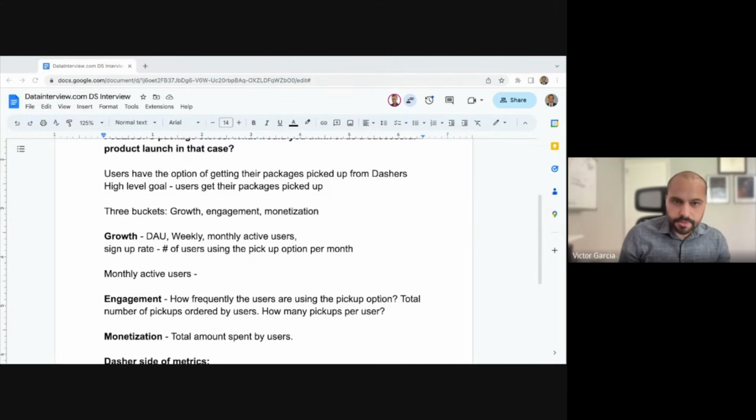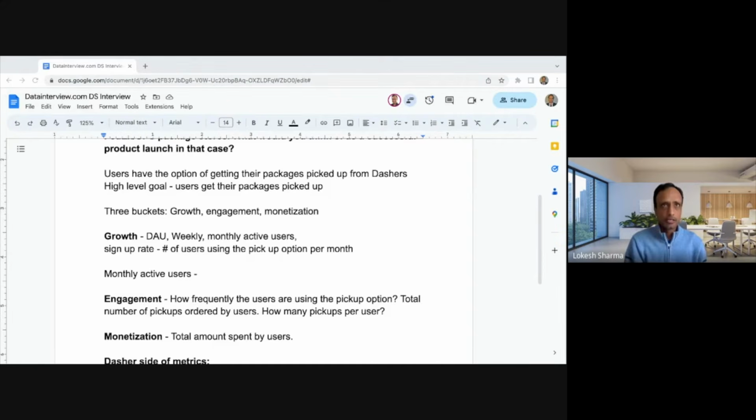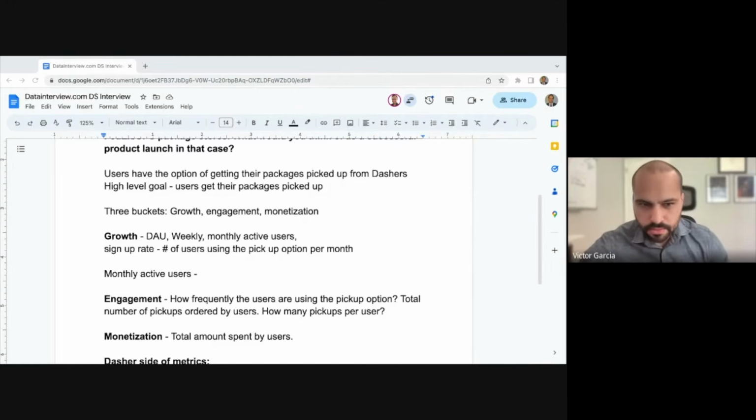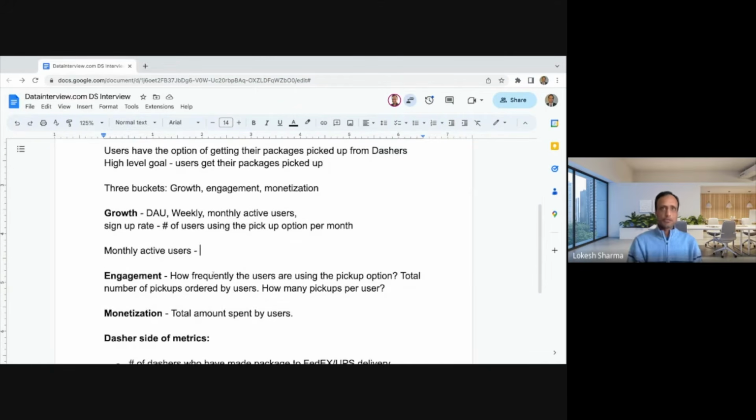Right. Got it. Okay. So now in terms of growth metrics, we have, let's say, monthly active users, and the adoption rate. Instead of sign up rate, I might use the adoption rate, because this is users who are adopting, number of users using the pickup options per month.